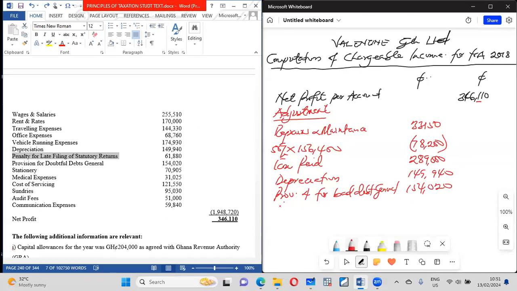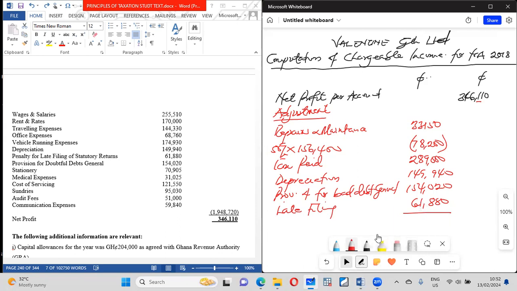It is just like the tax thing. We can't allow you to benefit from a penalty. So if we allow it, everybody will do the bad thing and treat that as something they can actually be allowed to enjoy. So this is what you do. You do all the adjustments. Okay,